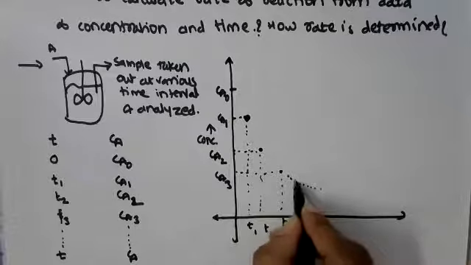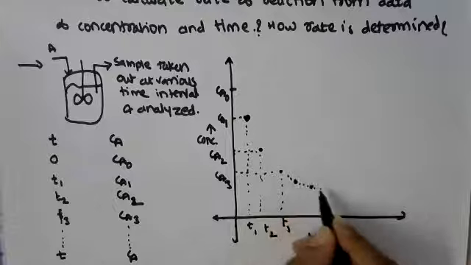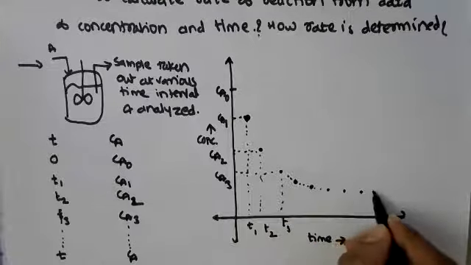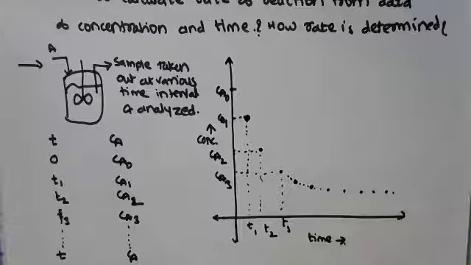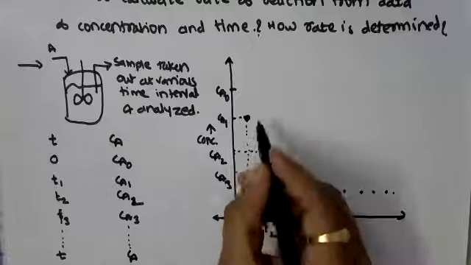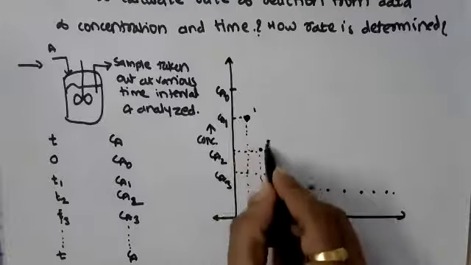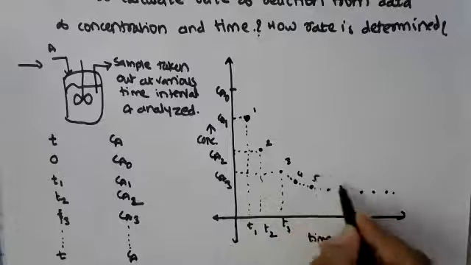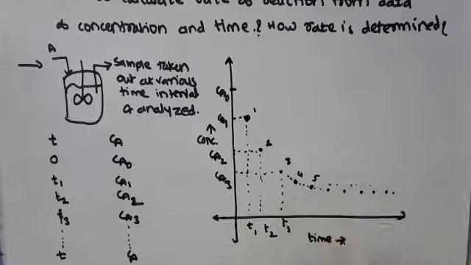So say next is this. Like this. Now you will realize, say this is the first, this is the second, this is the third sample, this is the fourth, this is the fifth, etc. So after the fifth sample,